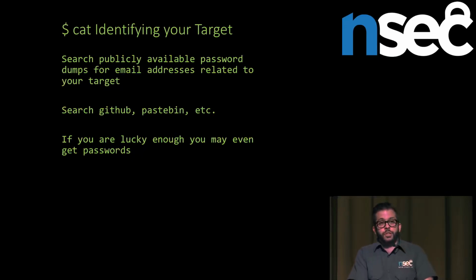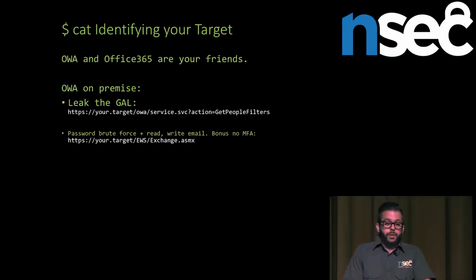GitHub, you'll be surprised how many devs actually put their email in the author field, and they're actually at a company. And there was an incident a couple of months ago with a company that actually had emails leaked through their GitHub, and they also leaked internal passwords that way. So you can even find passwords sometimes for free. Pastebin, same idea. People may just put some things there to share with a friend, and they kind of forget that it's public sometimes and indexed by Google. So you can also find it that way.